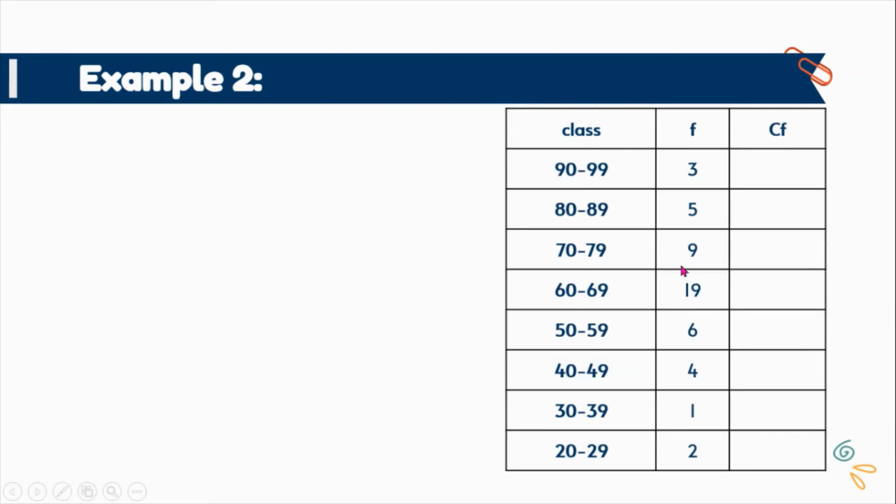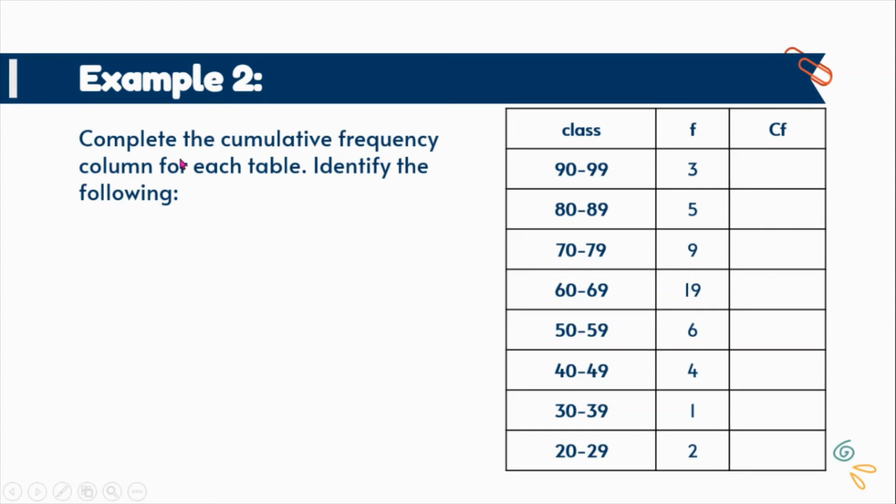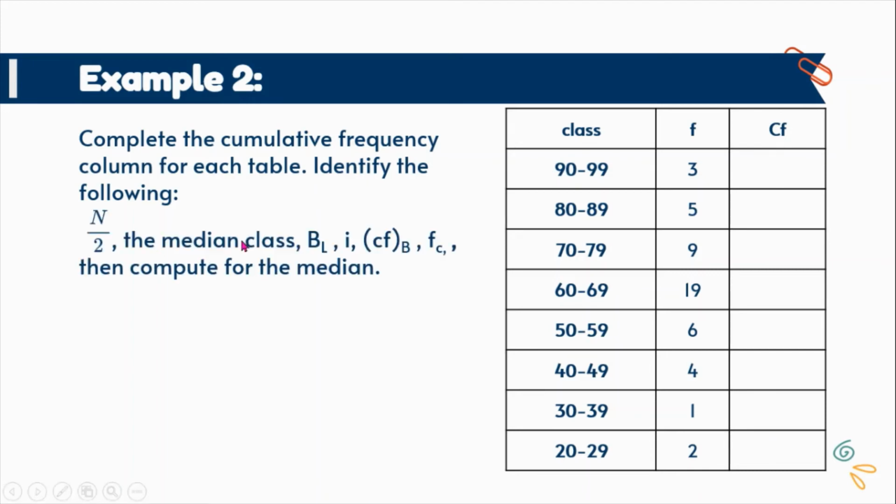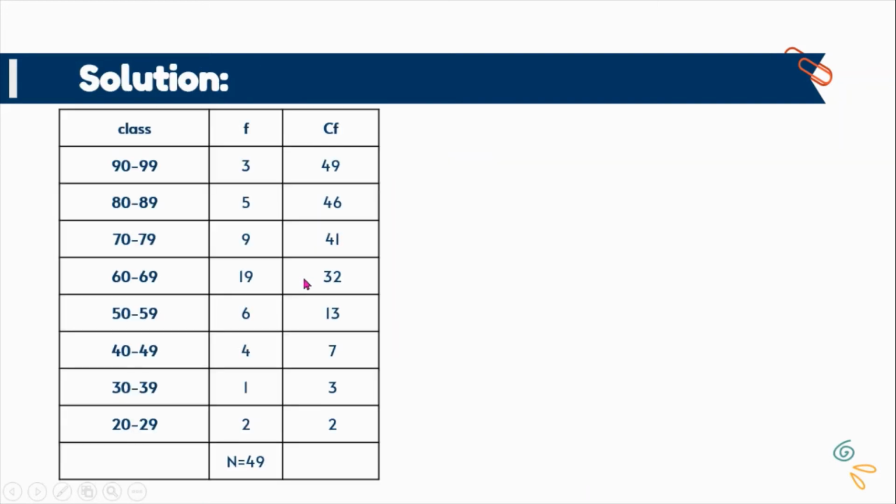So let us have another example. Using this table here, complete the cumulative frequency column for each table, this one, and identify the following: n over 2, the median class, the B sub L, the I, CF sub B, F sub C, then compute for the median. So that is, the cumulative frequency is that, the cumulative frequency of 2 is 2, 2 plus 1, that's